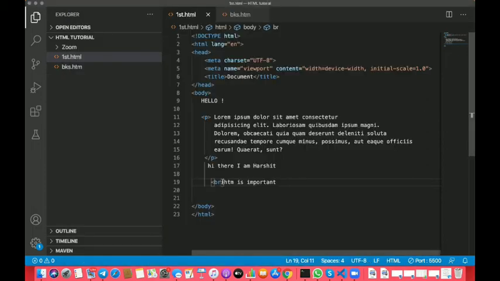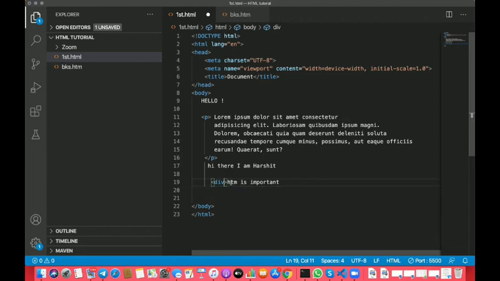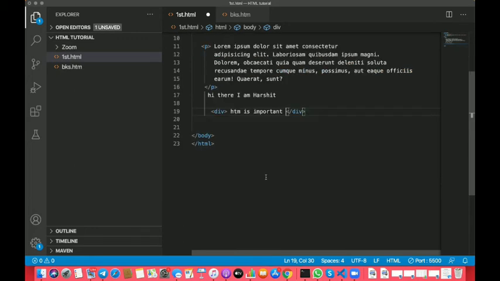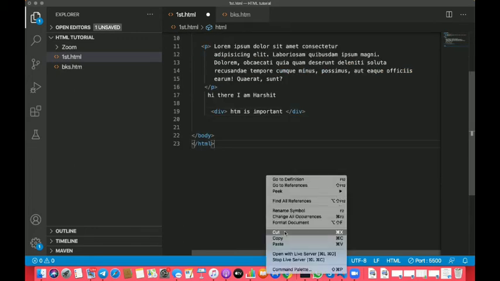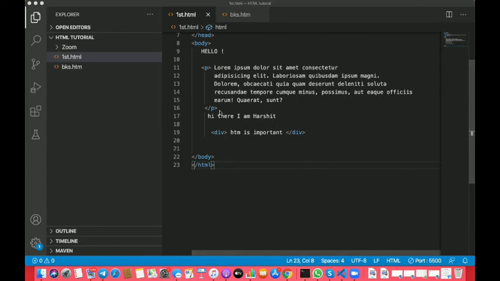So the br tag is a self closing tag, so you don't need to close it yourself, it automatically gets closed. Now let's replace it with a div tag and see what happens. The div tag is not a self closing tag, so you need to close it. Let's now open it with live server and you can see here no changes.